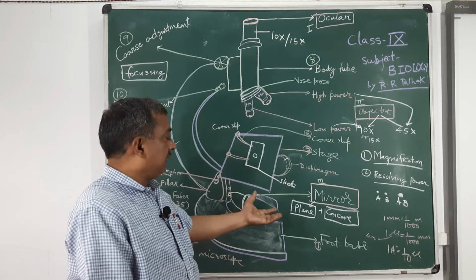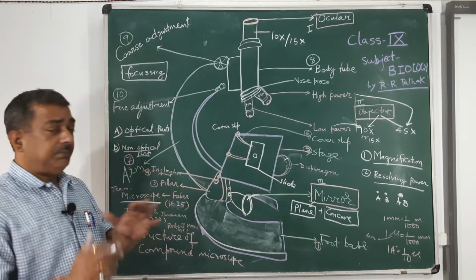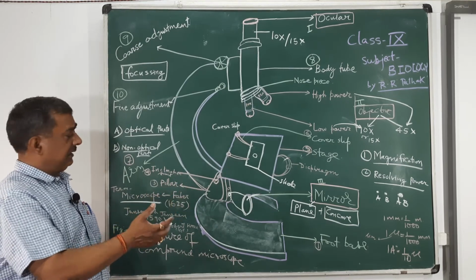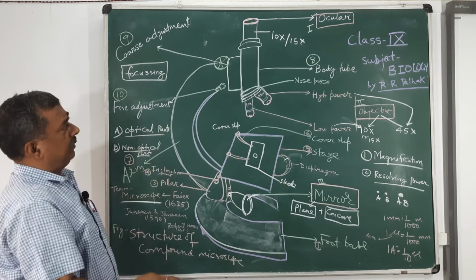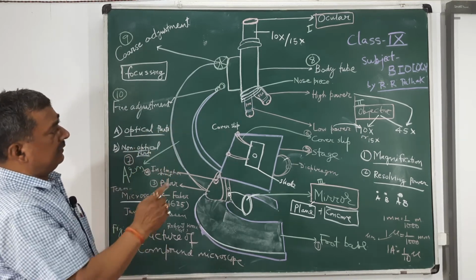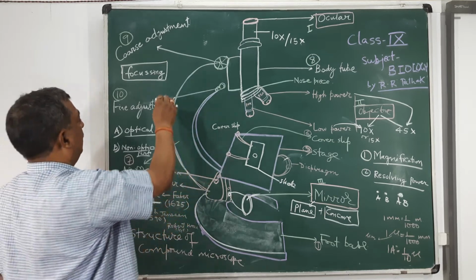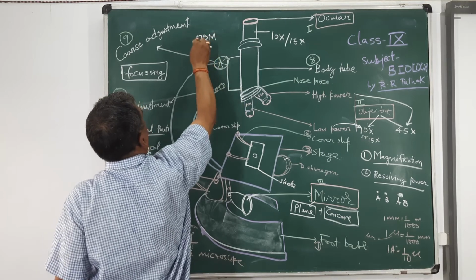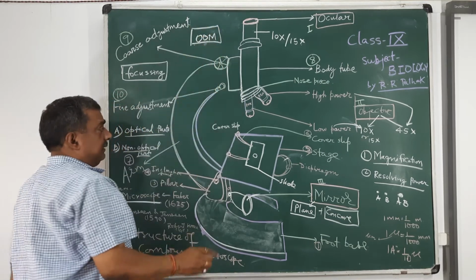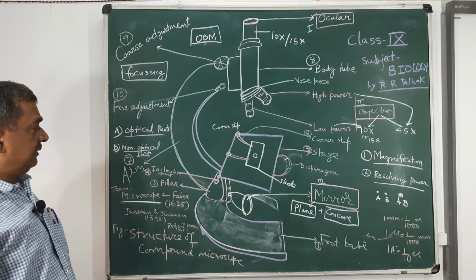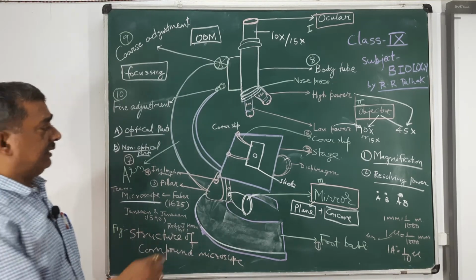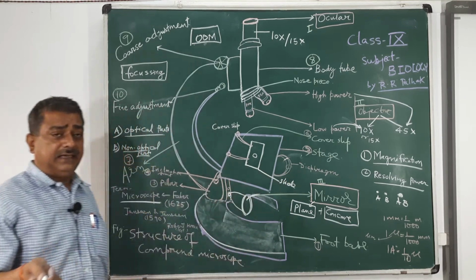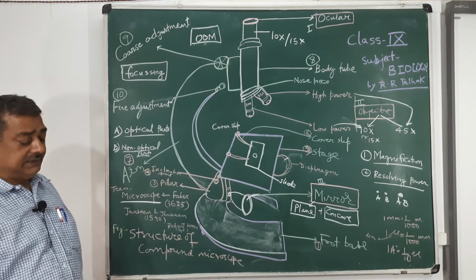Sometimes students may not recognize which is the plane and which is the concave part of the mirror. So, there are two sides in the mirror. These are the optical parts. Optical parts consist of ocular, objectives and mirror, OOM. They are very essential parts, used for magnification as well as resolving, and the source of light is very important for illumination to see the objects.